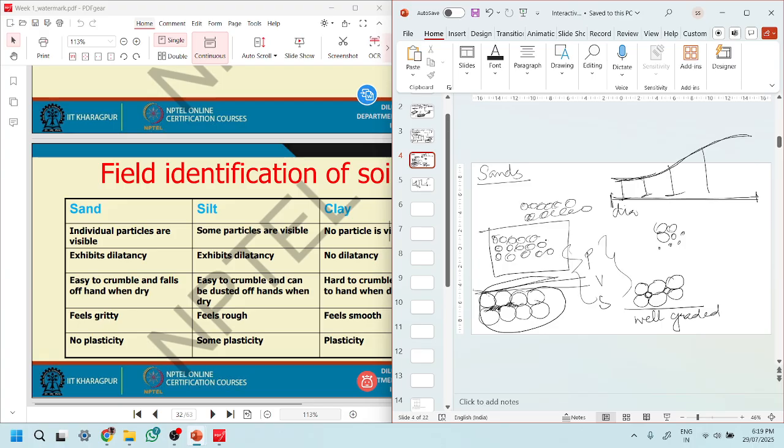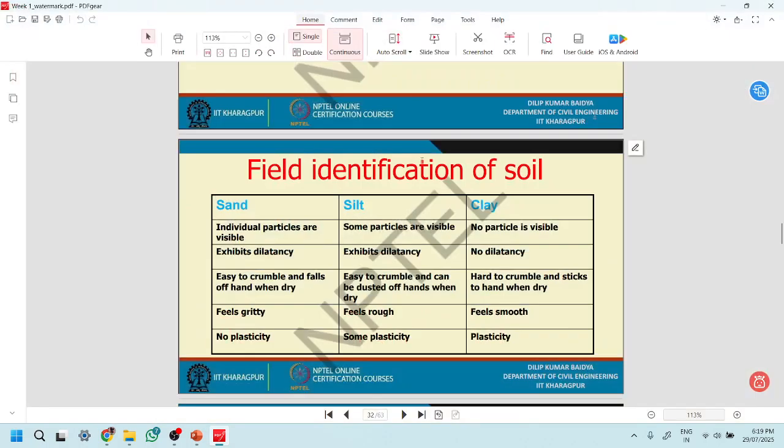And that is why we need to identify, first of all, when we go to the field, we first do the visual identification, as in, is this gravel, is this sand, and then we take the sample and do all these tests for identifying the soil using index